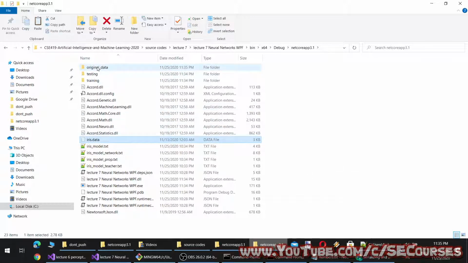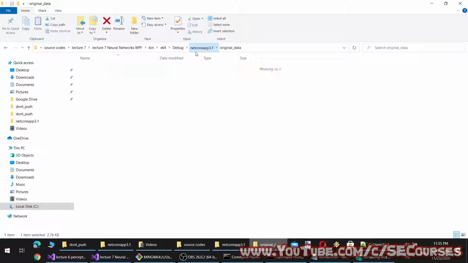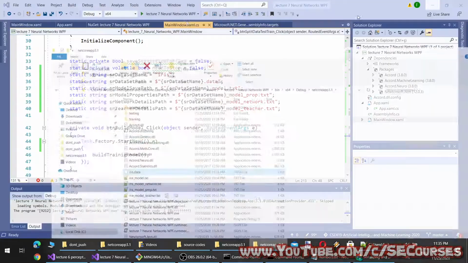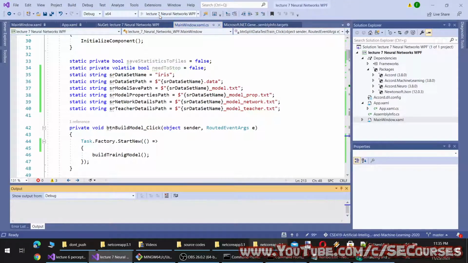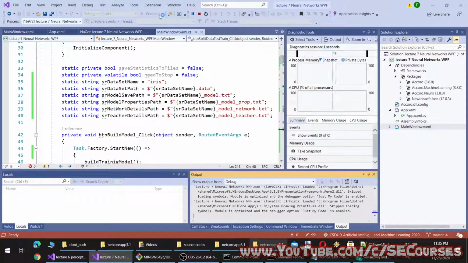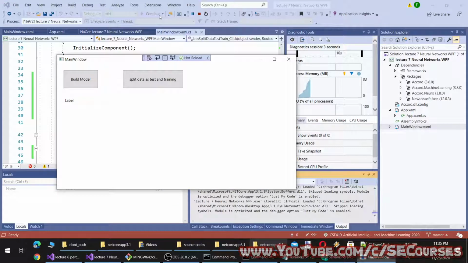Okay, I'm going to move this to original data, and I'm going to copy this to training data, and let's retrain our dataset. By the way, I am still training incorrectly. I am not using K-fold cross validation in training. Therefore, I am still memorizing. Okay, it is still overfitting.